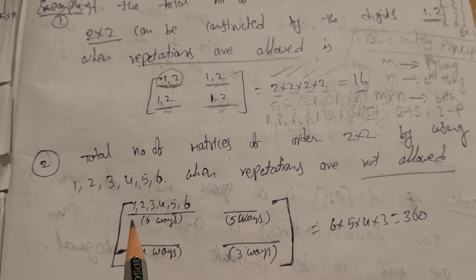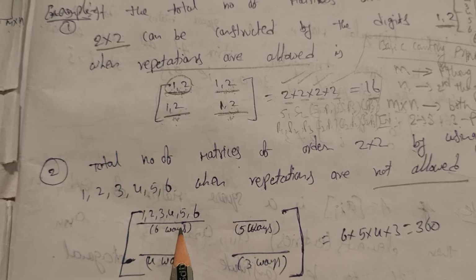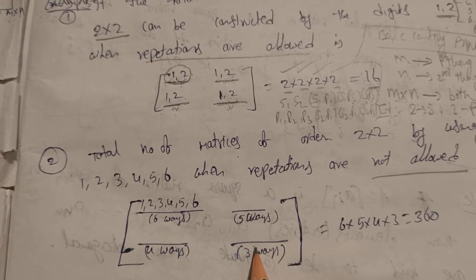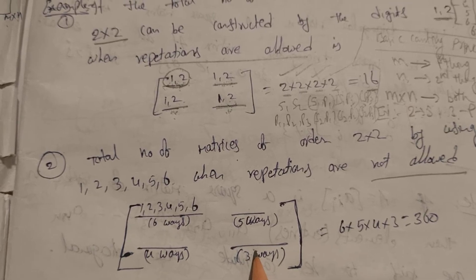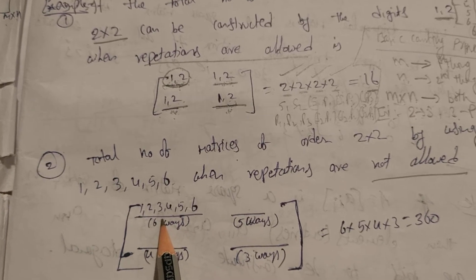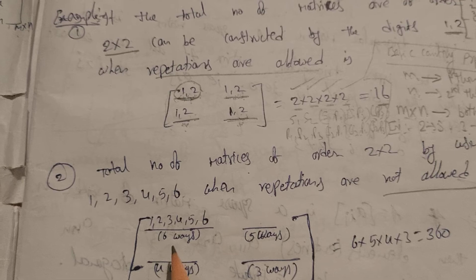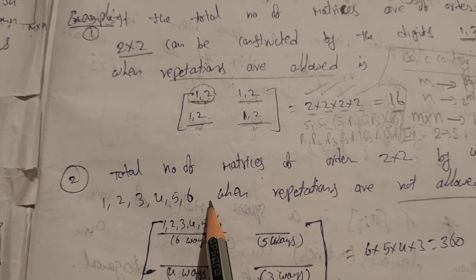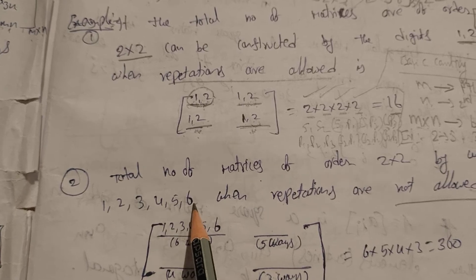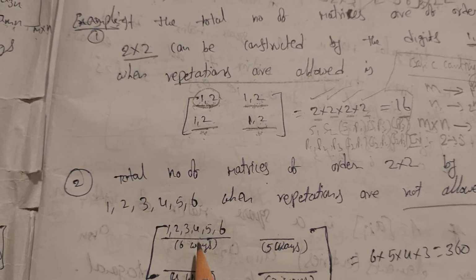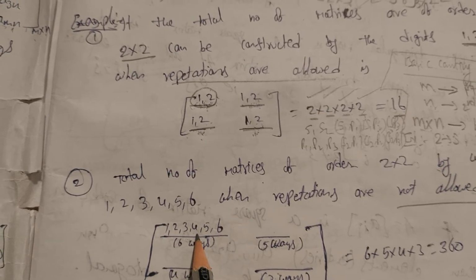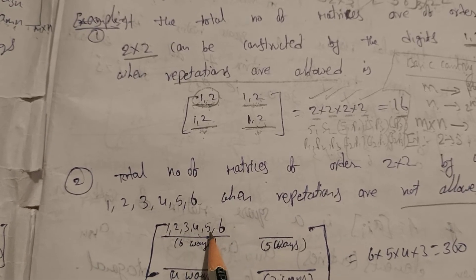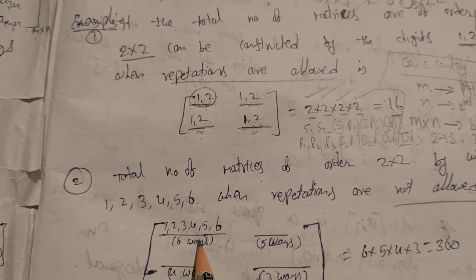See here, let us consider this as the first blank place. We can take this one as the first also, no problem, any one gives the same answer. We can take any one. So for this first blank place we can use any one of 1, 2, 3, 4, 5, 6. Out of these 6 we have to fill only one here. So how many possibilities? Either 1 or 2 or 3 or 4 or 5 or 6. So 6 possibilities are there.